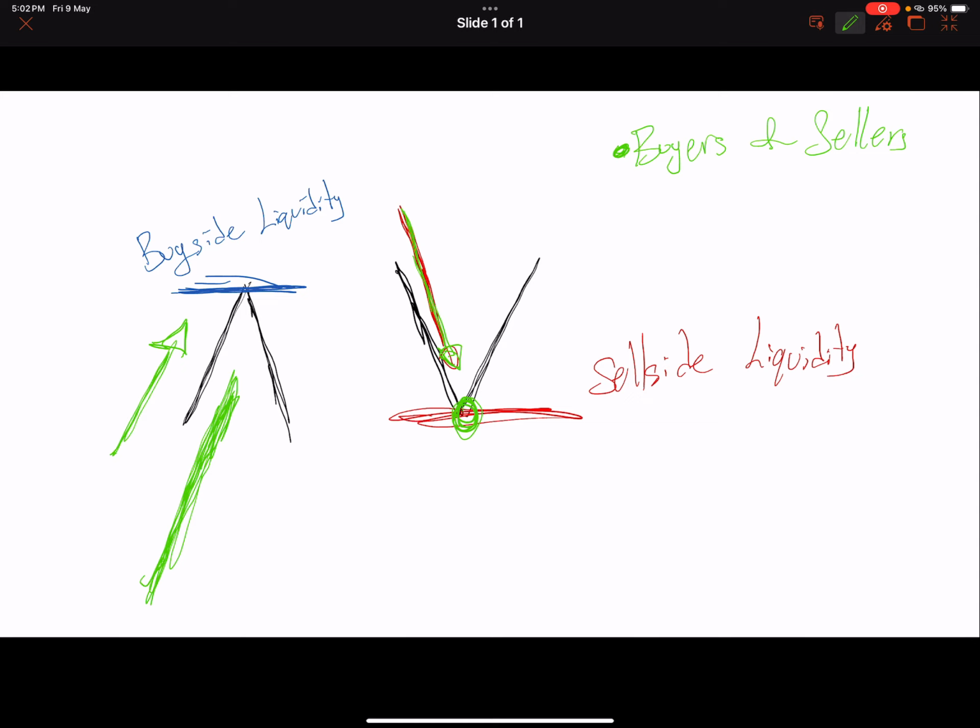Sometimes it may not do it, and sometimes it may just go slowly, reach the buy side liquidity and consolidate. It keeps moving in a ranging movement, up and down, up and down. So what happens when it's going in a ranging movement, and even when it reaches this buy side liquidity, is that there's a huge amount of buyers and sellers that are activating their trades at the liquidity.